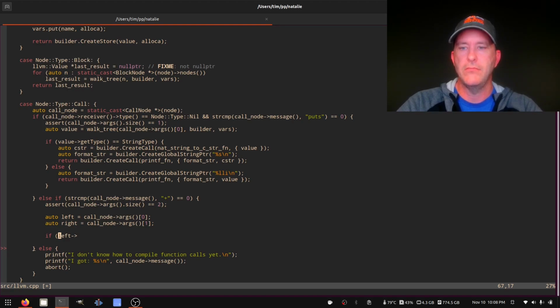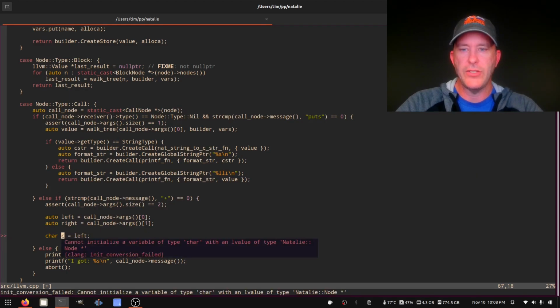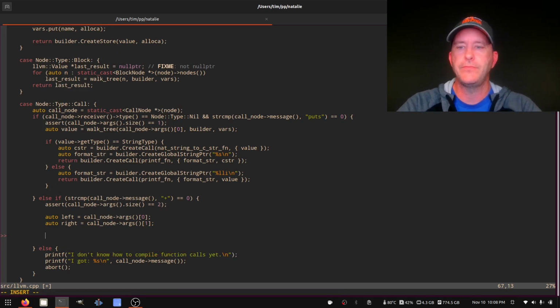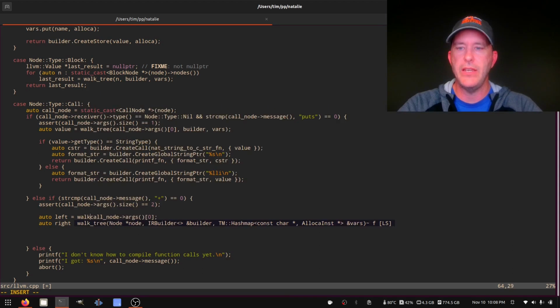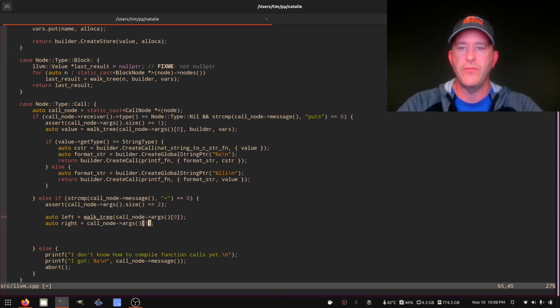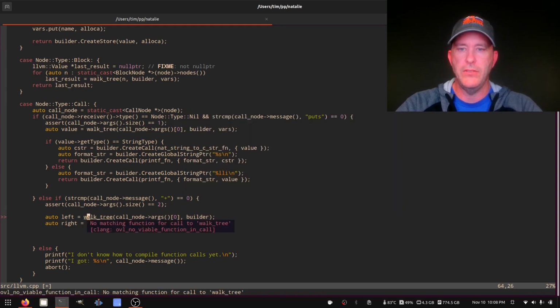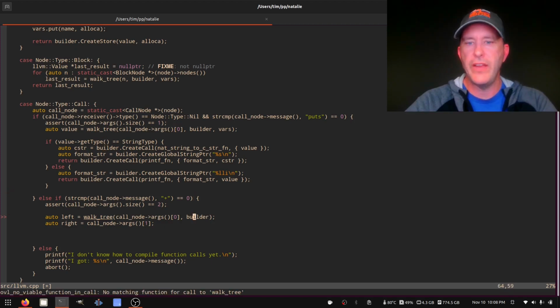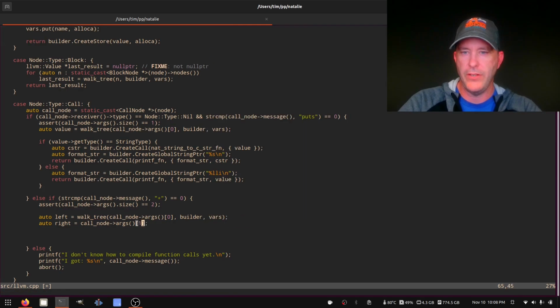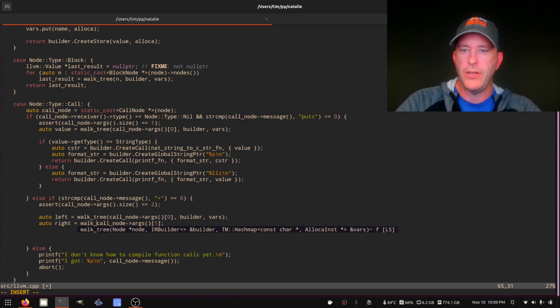Yes. Like, let me just make sure. I believe they're nodes. So this says cannot initialize a variable type character with a node pointer. Yeah. So we actually want to walk the tree to produce the LLVM for these 2 items. Builder. Maybe, did I do this wrong? Walk tree with a node. I thought that's how you did it. Walk tree with a node. Oh, I have to pass in the variables. We added that in the last video, so I need variables. And we'll do the same thing here. Walk tree,